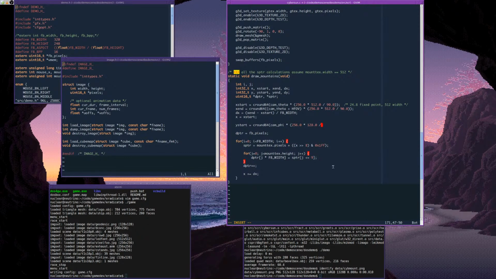Wait a second. Do I need the dy? Or do I simply need a single angle? I think I do need a single angle. Alright, so let's do it differently. Let's say I just have a y value, whatever. Okay, so I still need to calculate in the same way, but I think I only need that one value. And alright, so that's cam phi